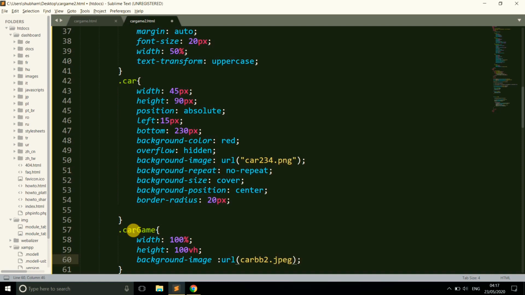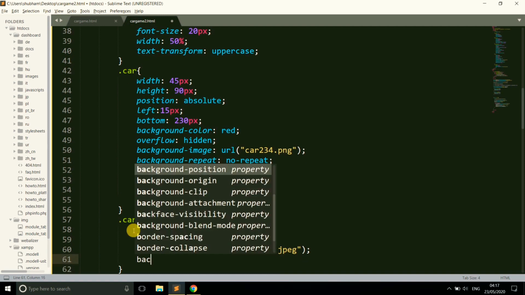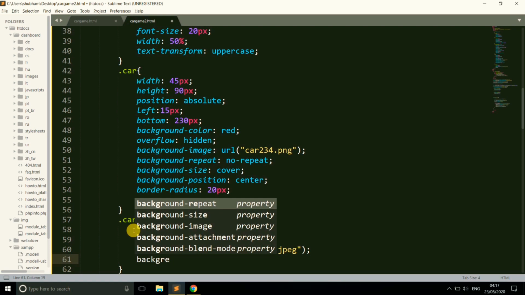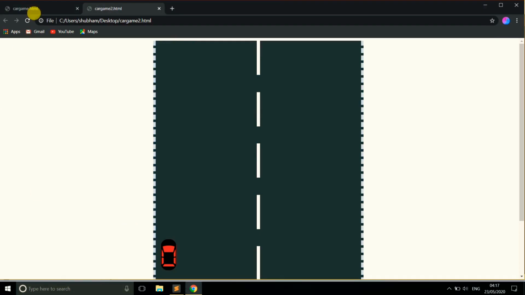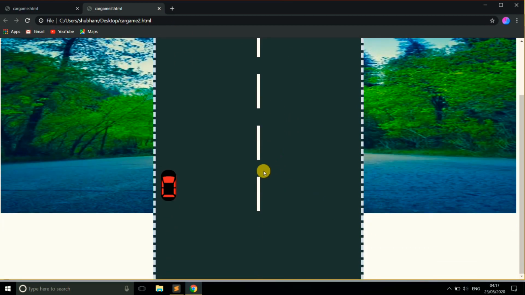Yes, now let's finish this work. The last is the background size, which is 100% and 100%. So now here we complete our work. So the background of your game is ready.